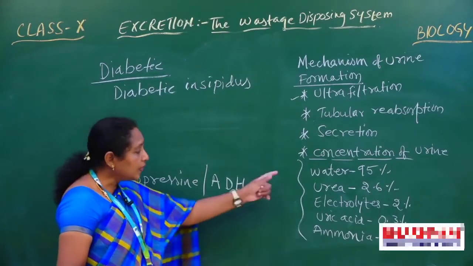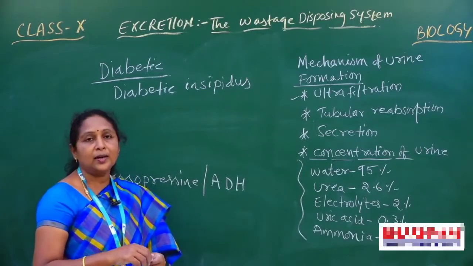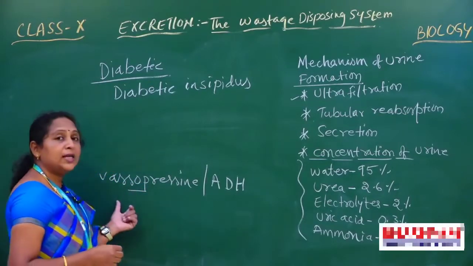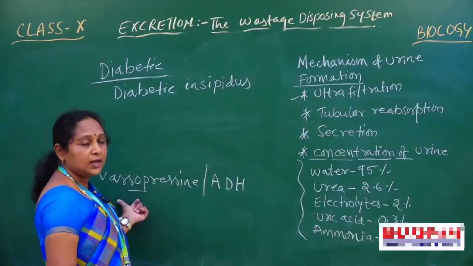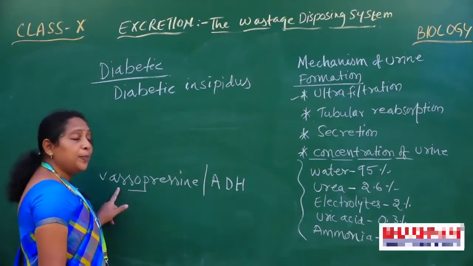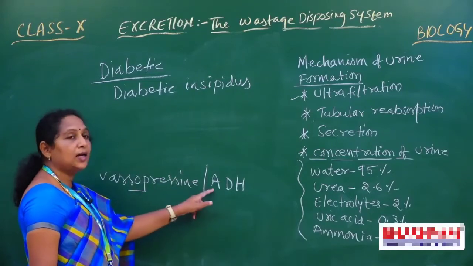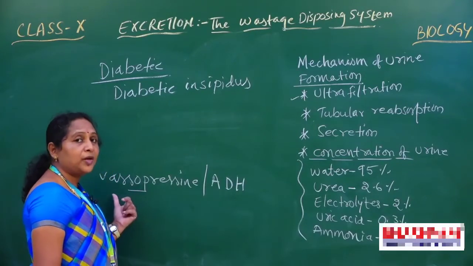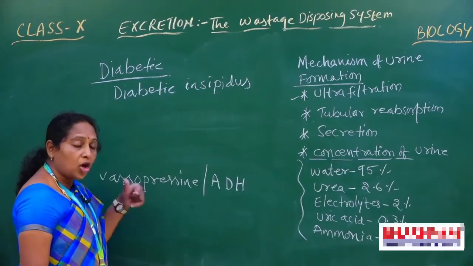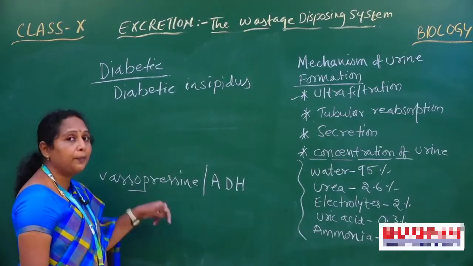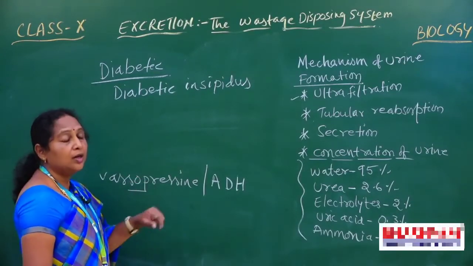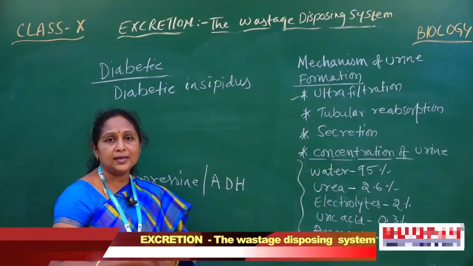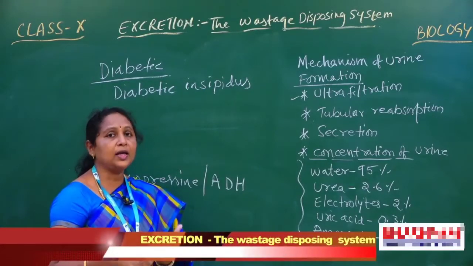As a result, when the concentration of urine gets diluted, the person urinates a number of times, because your body fails to control or maintain the concentration of urine. So vasopressin is very important, otherwise called antidiuretic hormone. When vasopressin fails and is not released by your pituitary gland or hypothalamus, such a condition we call diabetic. Means the sugar concentration is either going to be less or increase, hypotonic or hypertonic.